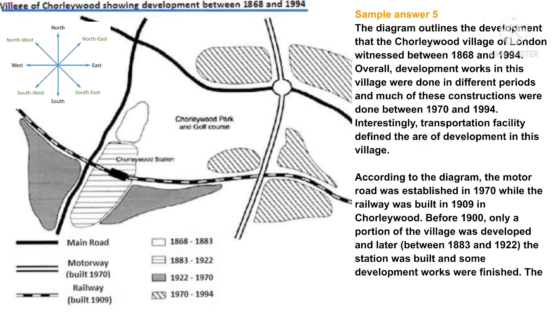Sample answer 5. The diagram outlines the development that the Chorleywood village of London witnessed between 1868 and 1994. Overall, development works in this village were done in different periods and much of these constructions were done between 1970 and 1994. Interestingly, transportation facility defined the era of development in this village. According to the diagram, the motor road was established in 1970 while the railway was built in 1909 in Chorleywood. Before 1900, only a portion of the village was developed and later, between 1883 and 1922, the station was built